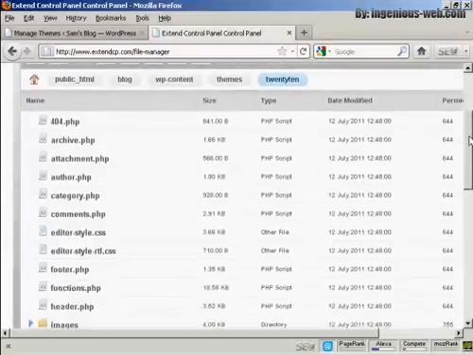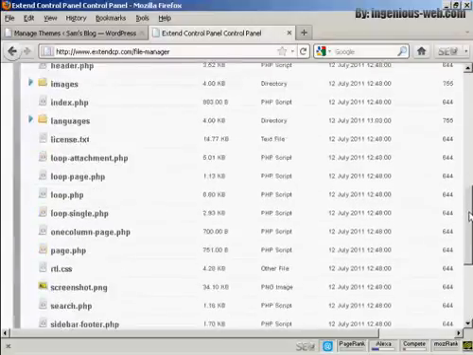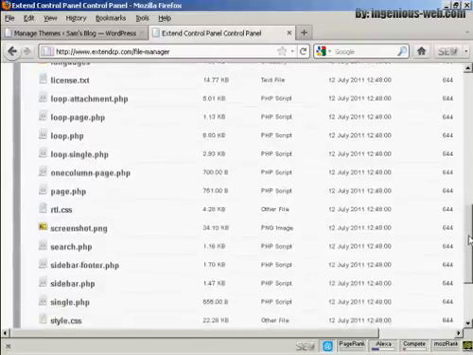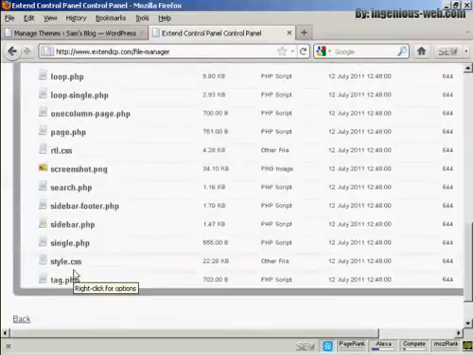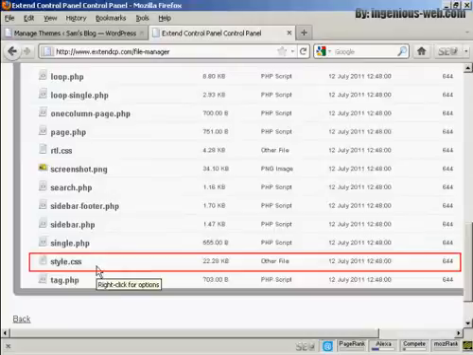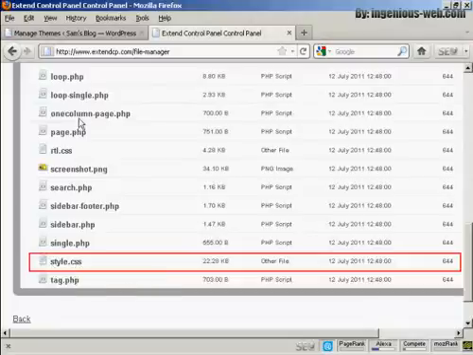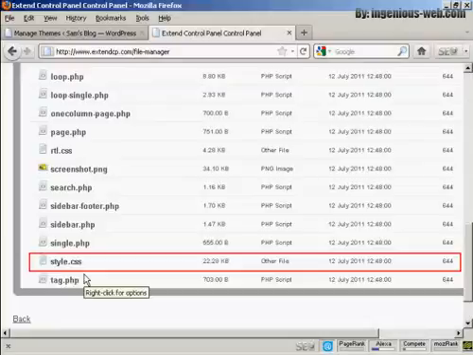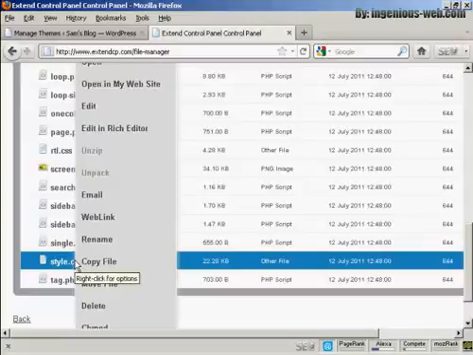And you want to scroll down until you find a page that is called style.css. Now, depending on the theme that you have, because all themes are slightly different, this particular file might be called something else, but it will end in .css. You'll see there's lots of different files that make up a WordPress theme. And you need to change the permissions to make it editable. So what you have to do on this particular file manager that I'm using is you right click and then come down to where it says